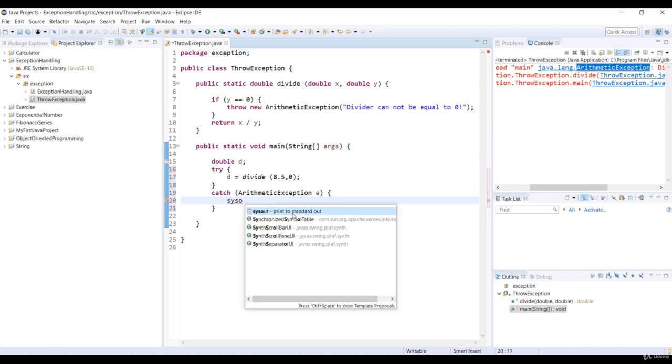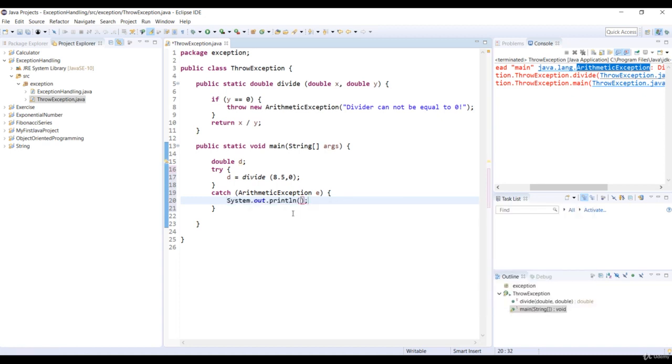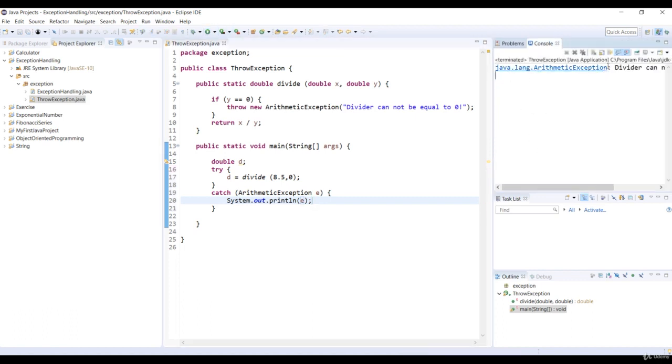So in the print method, we use the exception object e to display the message and the exception type. Okay, so let's run the code. And the catch block handles the exception and the exception type by displaying the error message, divider cannot be equal